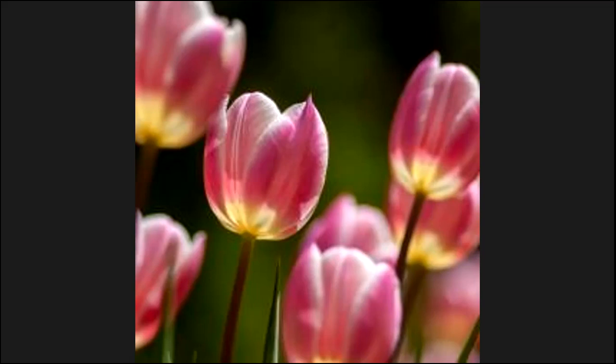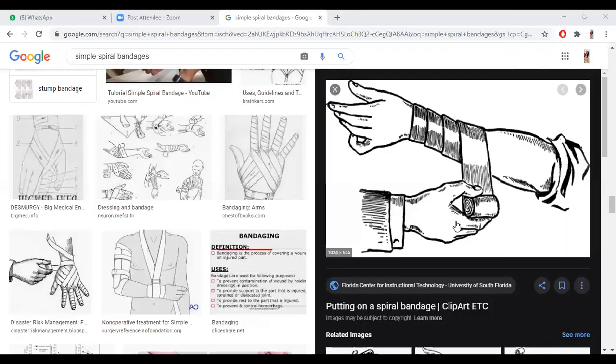Then the bandage you will have to do in a spiral form, meaning round in a circular way. I'll show you the picture. Are you able to see the screen? Yes, ma'am. So this is the simple spiral bandage. Very simple, just in a round way.